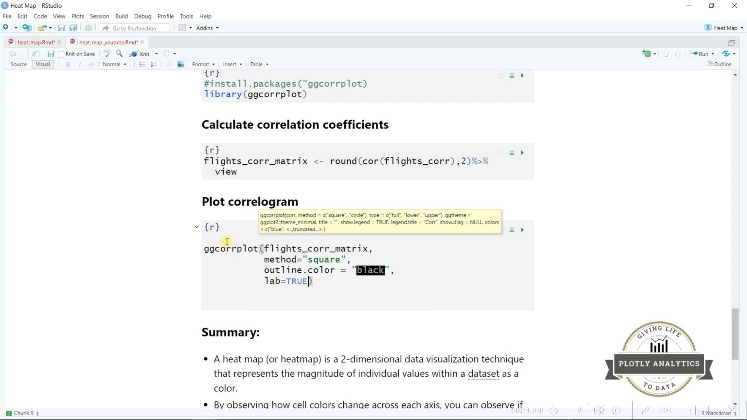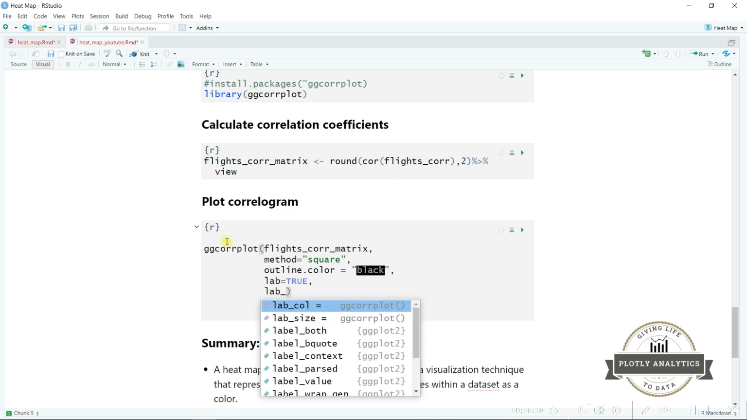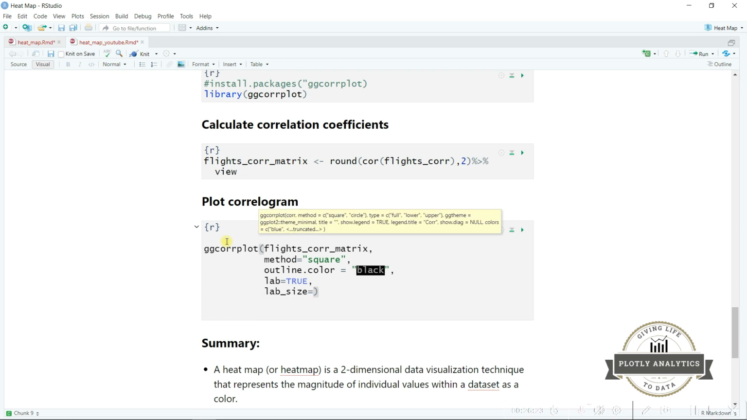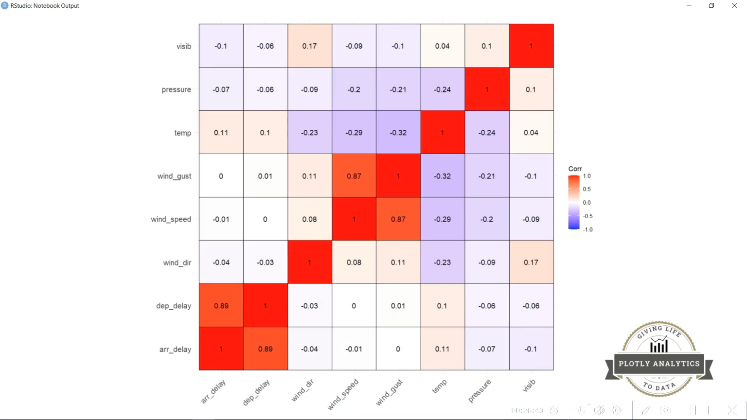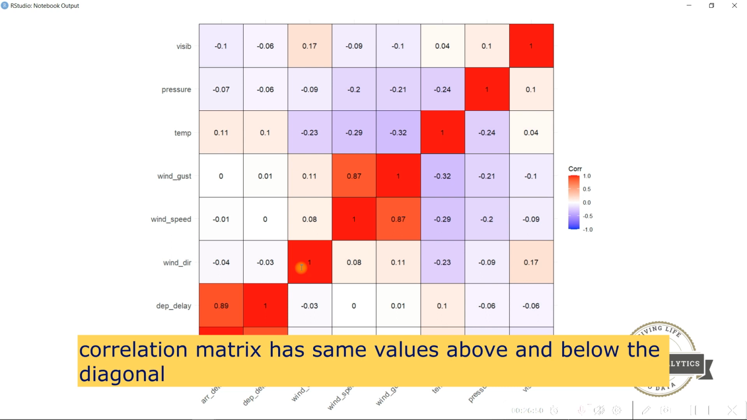and label equal to true is used when you want to display the correlation coefficients on the Correlogram. And once you use the label equal to true, then you need to also set up the size of the label. In this case we will use label size as 4, right? So let's see. Right, so this is the Correlogram,